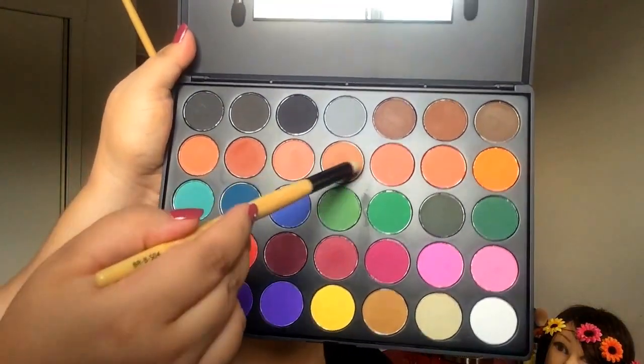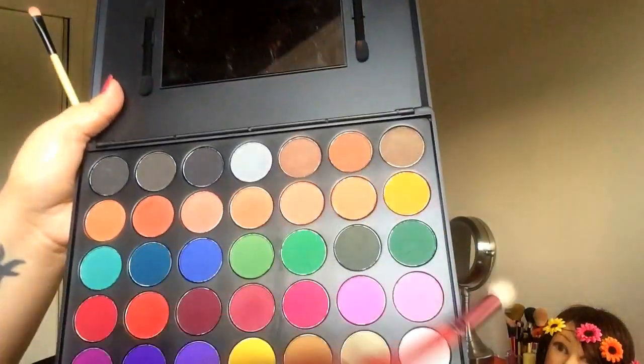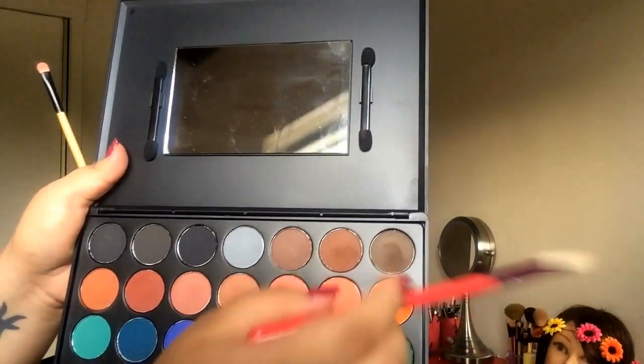I'm taking this light brown color that has a little bit of an orange undertone to it, and I'm taking it in the outer corner and blending it up towards the crease. The reason why I use this color is because it's going to help me blend out better these two colors that I'm about to use right now,